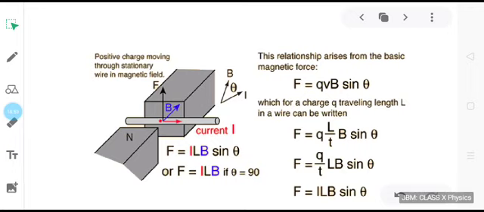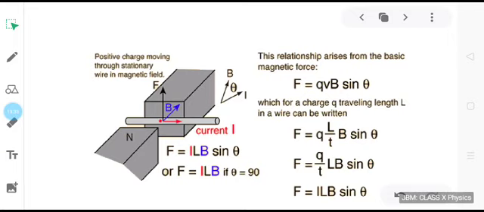So we find that the magnitude of force is dependent on four terms. First, the current flowing through the conductor. Second, the length of the conductor. Third, the strength of the magnetic field. And fourth, the angle formed between the direction of field and current. Or we can say, how the conductor has been kept in the field, the orientation of the conductor with respect to the magnetic field. So depending upon the manner in which the conductor has been kept in the magnetic field, the force acting on it should vary, as the expression tells us.